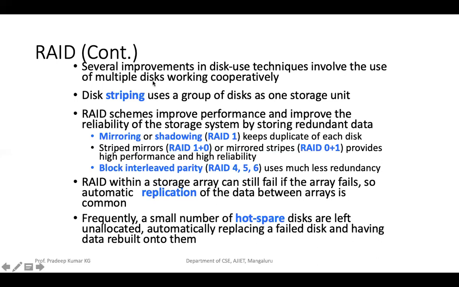So here mirroring is nothing but a similar concept. You're supposed to copy the entire thing from one disk to another. On the other hand, we may call it shadowing from one disk to another disk, just replication. So you're supposed to create a duplicate. This is one of the possibilities with RAID 1. RAID 1 is one type of RAID setup which will have mirroring.